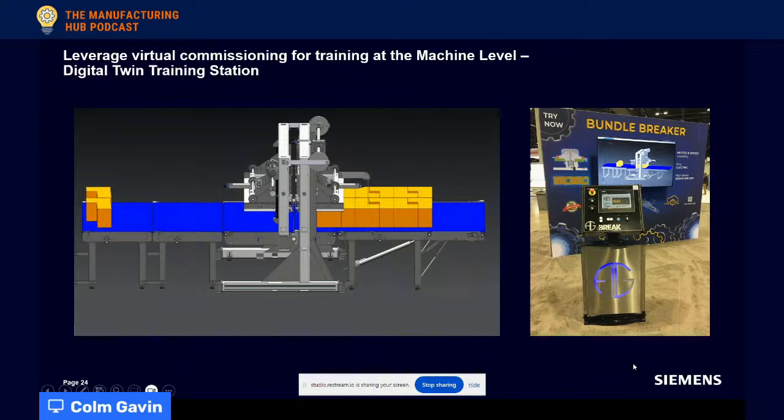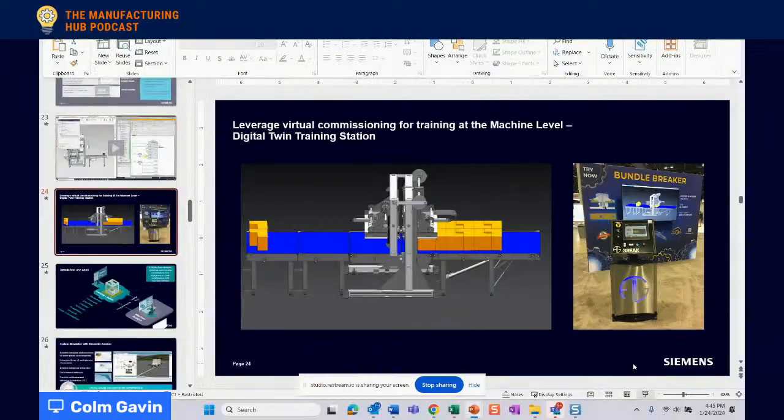Absolutely, Colm. I think that this is amazing. I don't know if it was you or someone else that has told us about this AG Stacker application in the past where they brought it to the trade show. I would imagine just bringing that to the trade show and not having to ship the equipment would almost save them more than the cost of the digital twin and simulation in and of itself. So I think that is very interesting.